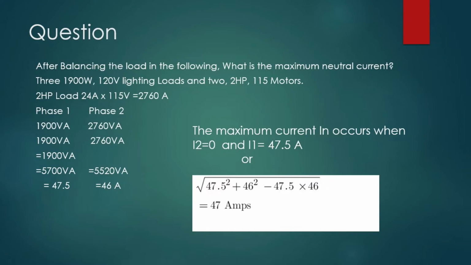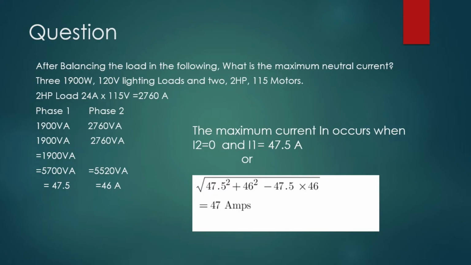So when we take these values into account, it works out to a value of 46 amps on phase two and a value of 47 amps on phase one. How we get that value is basically dividing by the voltage of each phase, which is 120 volts. So we add up the loads on phase one and phase two separately,